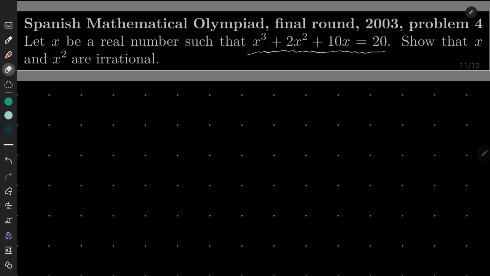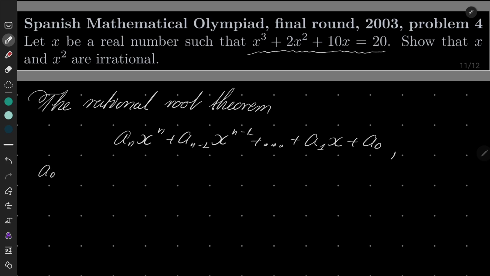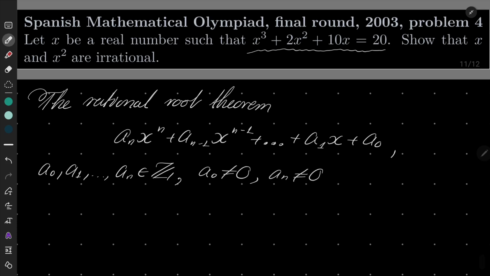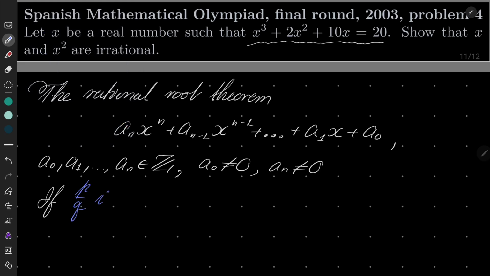Okay, so I hope that you've managed to solve it. The rational root theorem says that if we have some polynomial, let's say an x to the power of n, plus an minus 1 x to the power n minus 1, and so on, plus a1 x plus a0, where our coefficients are integers, and moreover a0 is not 0 and an is also not 0, then if p over q is a root of our polynomial,